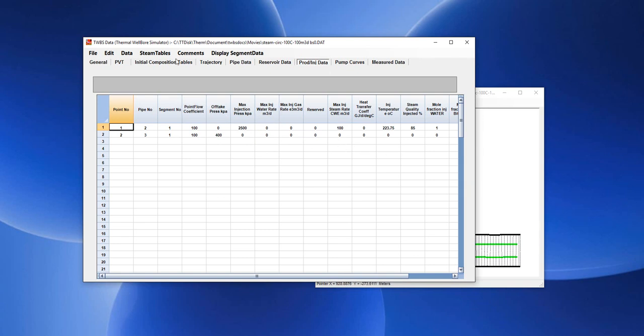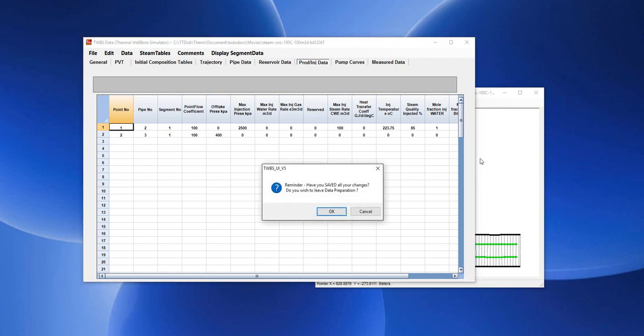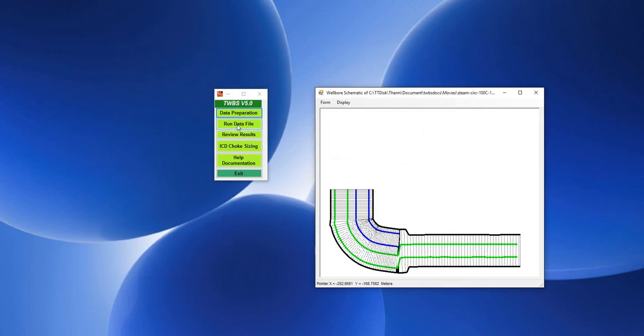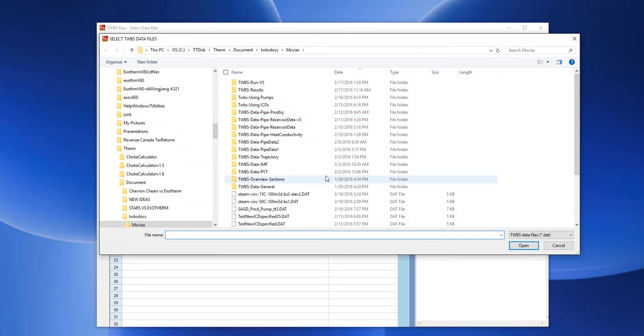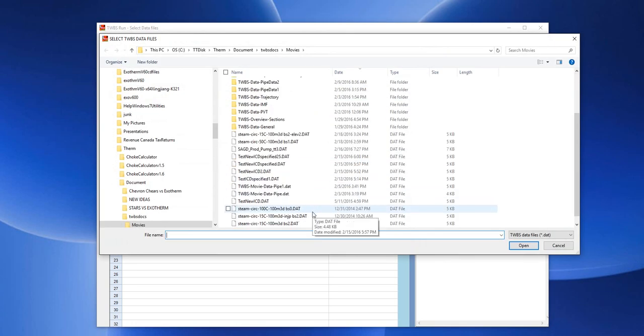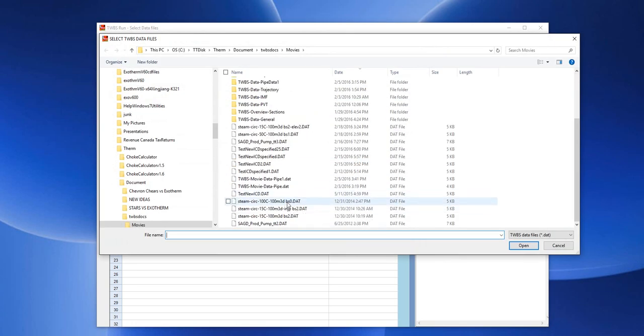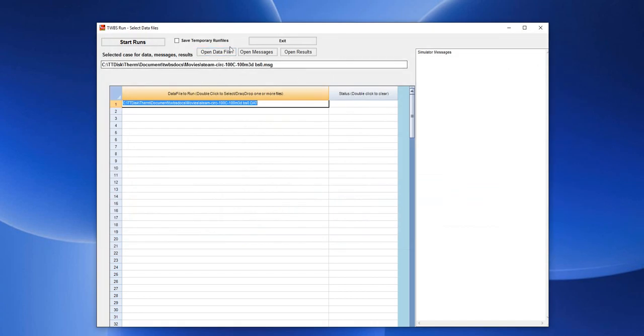So when we run it, we would be able to get an answer. We open the run data file, start the runs,